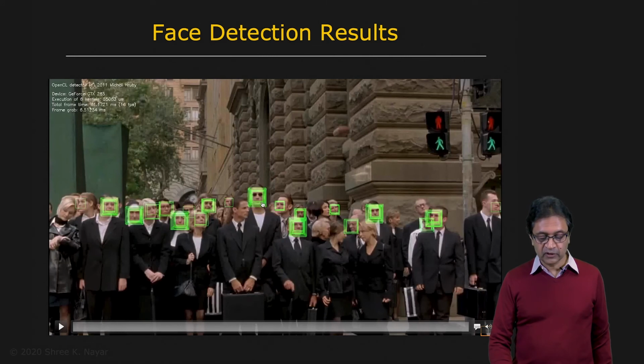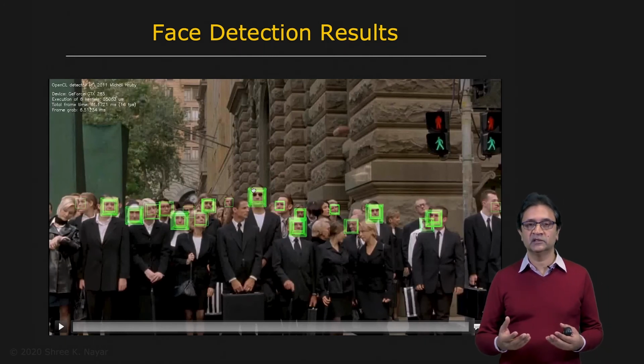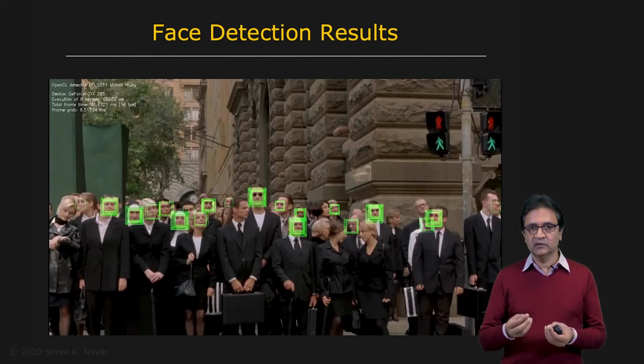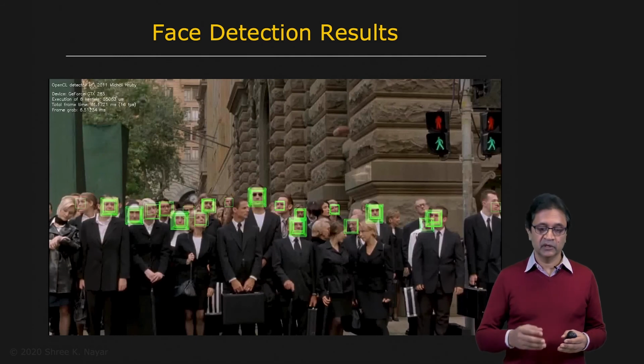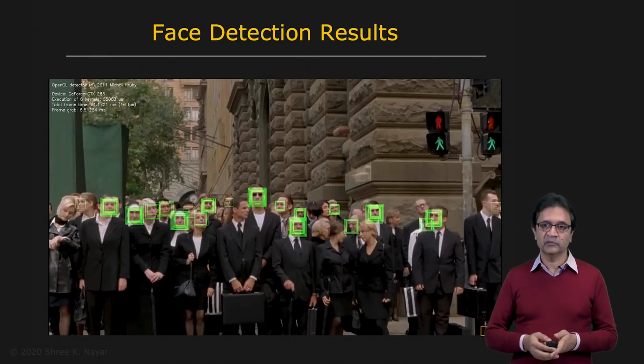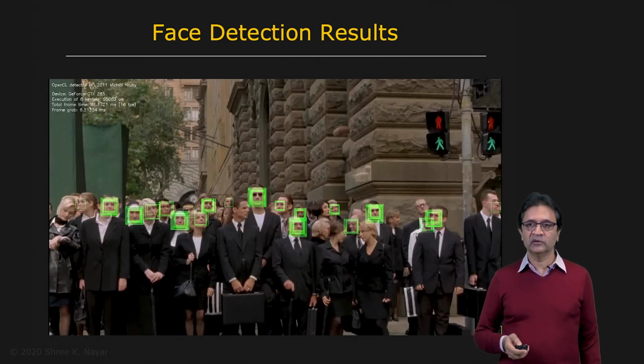You get multiple windows around the same face because the detector is telling you that there's a bunch of pixels that are close to each other that produce features that all were classified as face features. And so one can imagine using something like non-maximal suppression, which we discussed earlier in the lecture on corner detection, to then take this cluster of windows and come up with a single window. But let's not worry about that here. I'm going to play the video and you'll see how frontal faces, it's mainly for frontal faces, are detected pretty well.